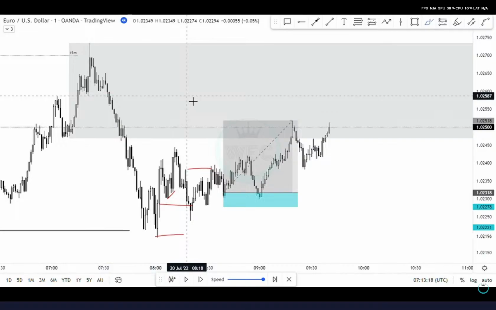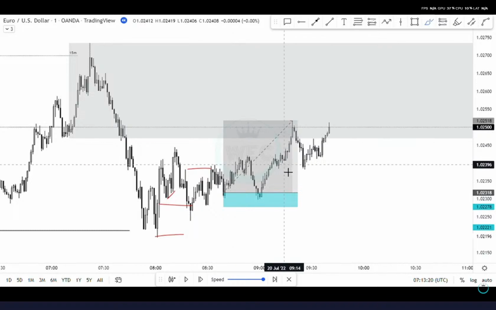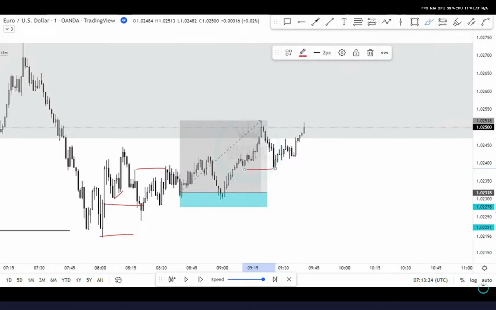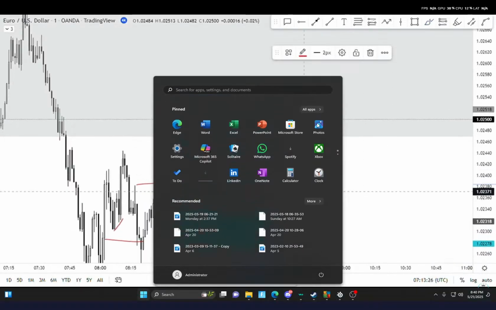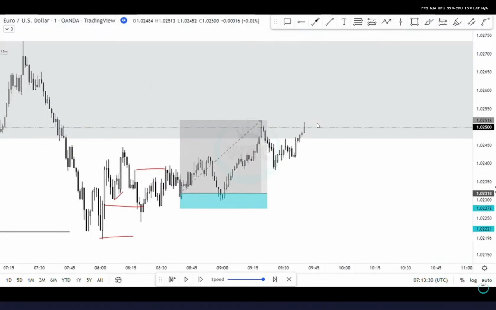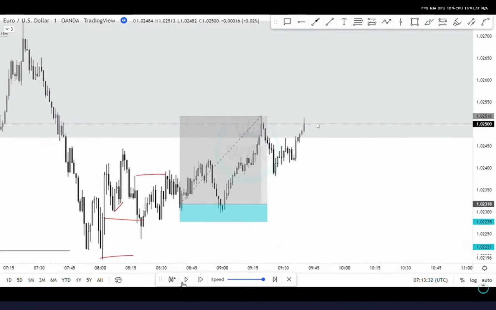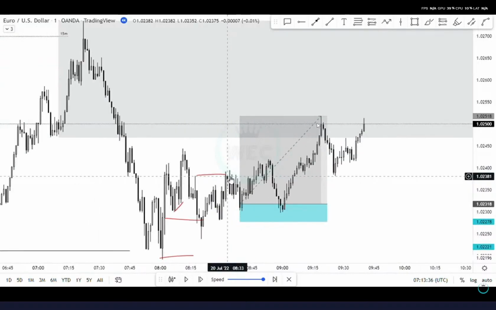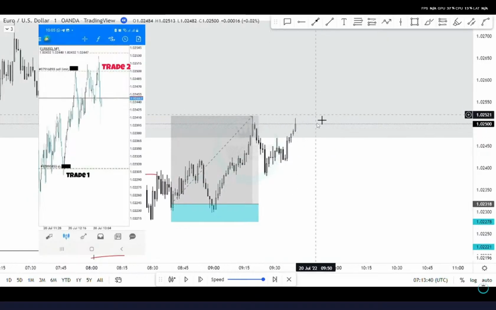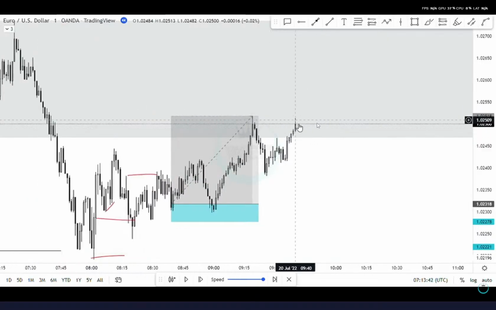Okay, so the first thing that I saw in here was this. Initially, I thought it was a confirmation, but after zooming in, I realized that it was just equal lows, right? And so I had to wait for price to give me further confirmations. With the first buy, I'm going to display the screenshot on the left side of the screen. So I just wanted to wait for price to give me that confirmation to look for the sells